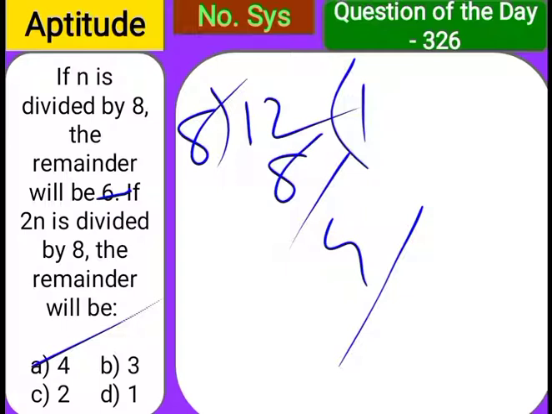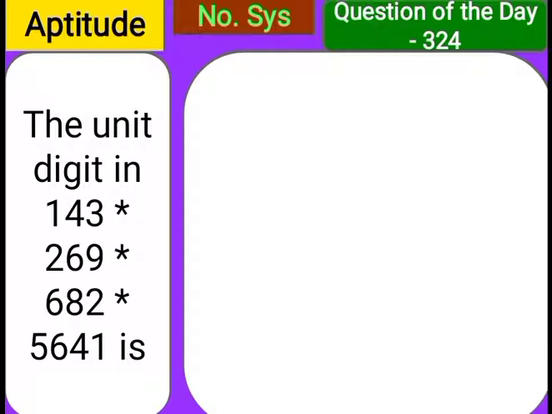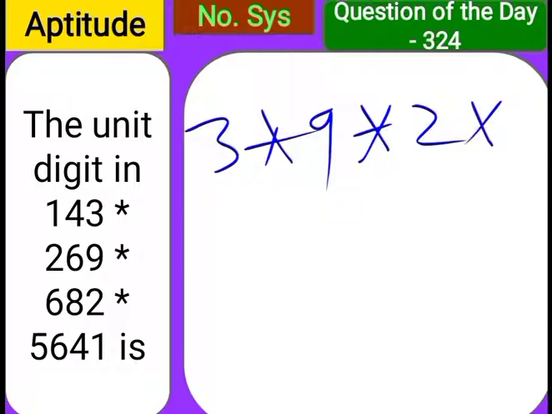Okay, now. So these are the questions, and one more question we left is unit digit, question 324. Unit digit is very easy. Unit digit represents the last digit, the rightmost digit. So here the rightmost digit in the first case is 143, that is 3, and in the second case 9, so 3. In between we have a multiplication symbol, keep it as it is. Next 2, so into 2. Next the last number 1, into 1.